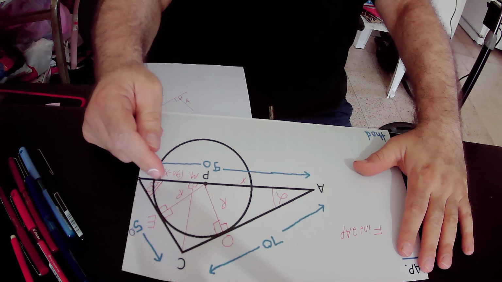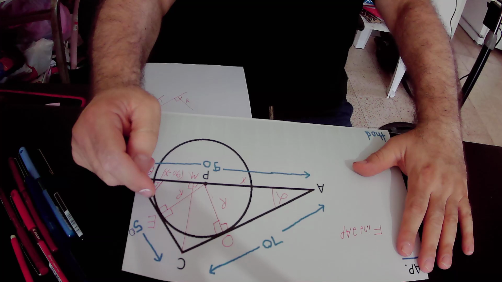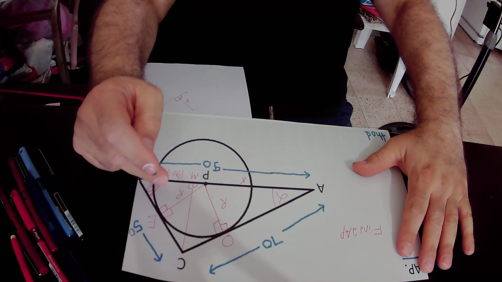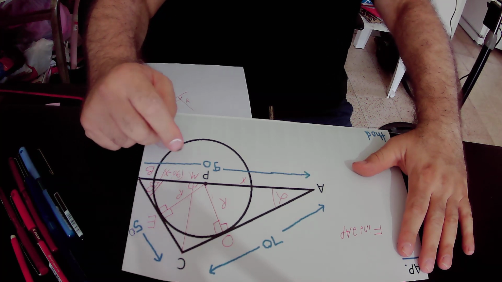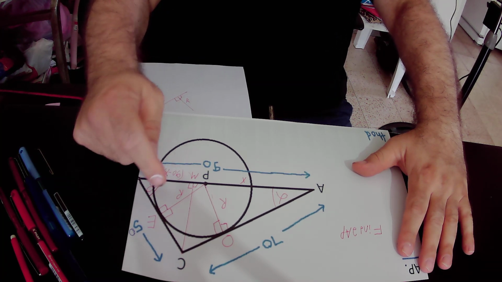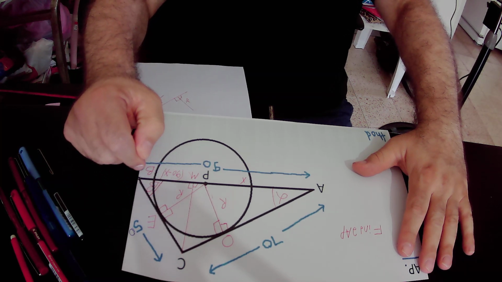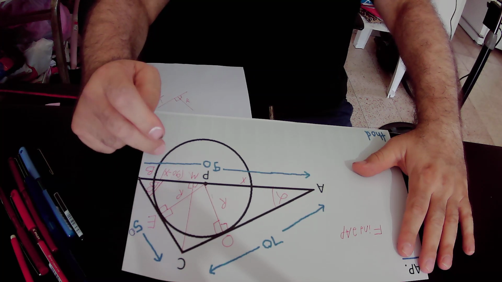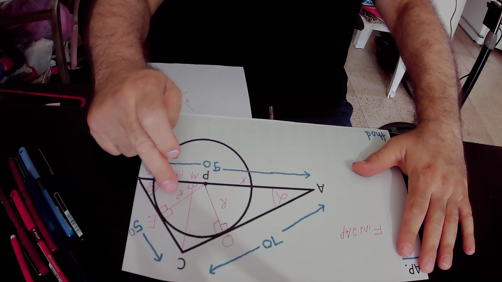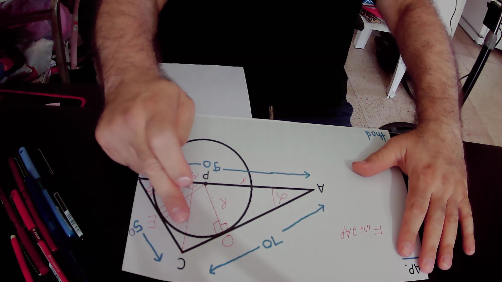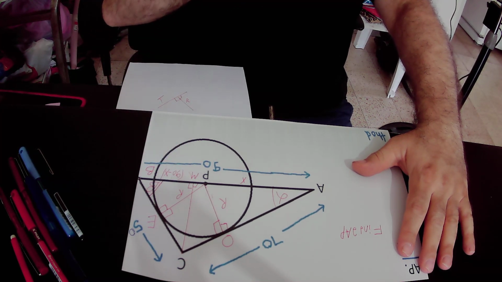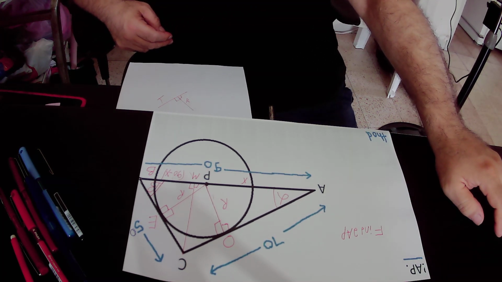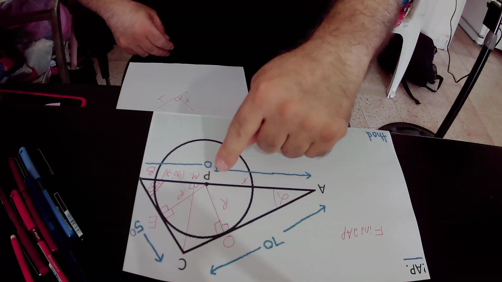and CB is tangent to the radius PE. For that reason, according to rule number 1, the radius PE is perpendicular to CB, that is the tangent to the radius. That is to say, angle PEB equals 90 degrees, and also angle PEC equals 90 degrees. Okay, so we have here two right triangles, the right triangle AOP and the right triangle